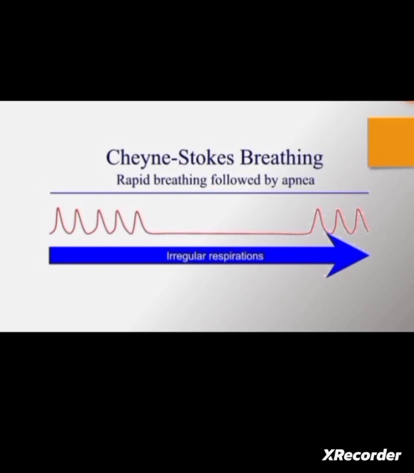So in Cheyne-Stokes respiration, there will be a series of respirations that gradually become deeper and noisier until a climax is reached. The climax here means the apnea. When a pause occurs, the cycle repeats. So here there will be apnea and also deeper respiration. That is known as Cheyne-Stokes respiration, and it can be seen in diabetic ketoacidosis and kidney disorders.